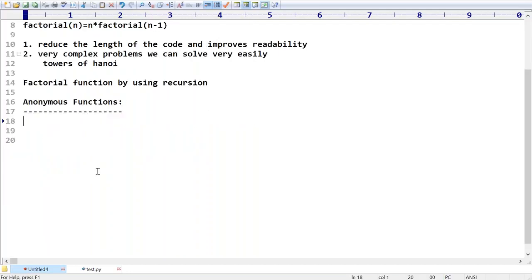Sometimes we can declare a function without a name. Such type of nameless functions are called anonymous functions.